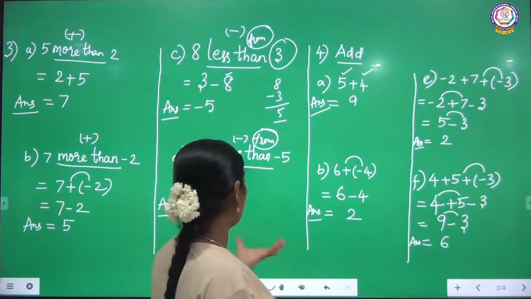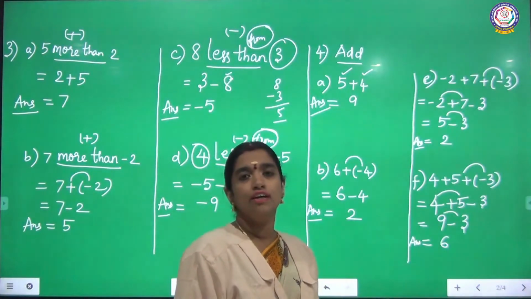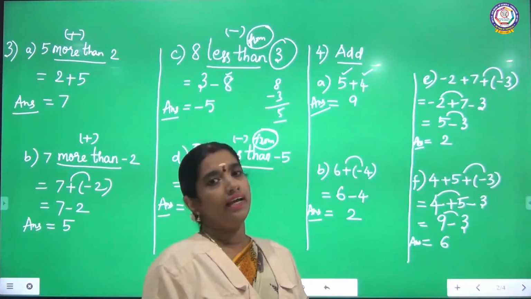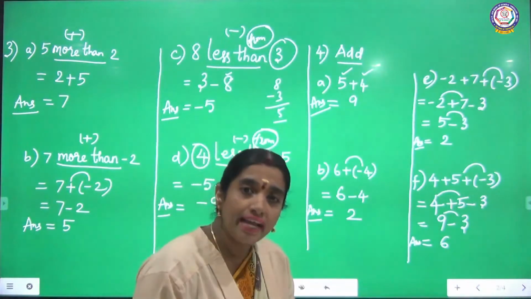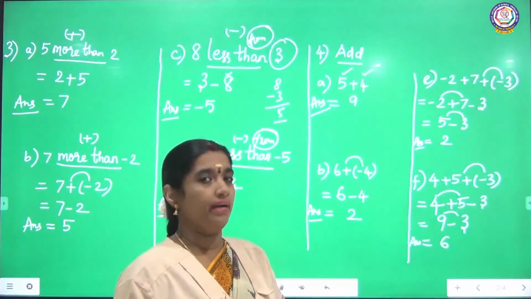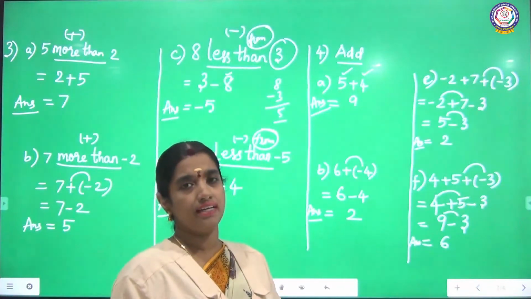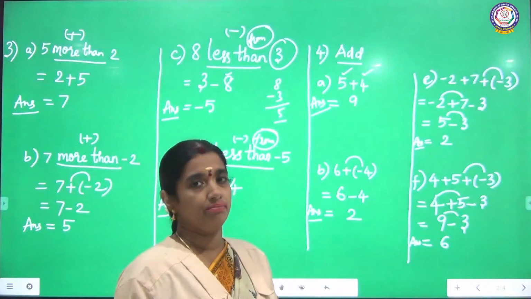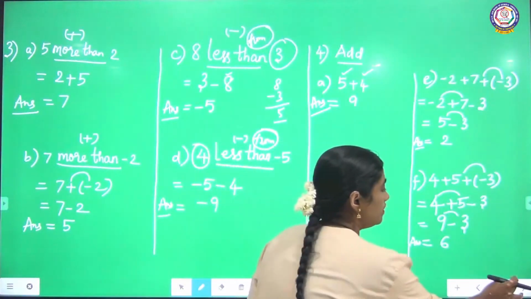So what can you understand from this? When I am adding 2 positive integers, I get a positive integer. When I am adding 2 negative integers, I get a negative integer. But when I am adding a positive integer and a negative integer, whichever integer is greater, that symbol will come. So we can understand this concept. Next we will move on to